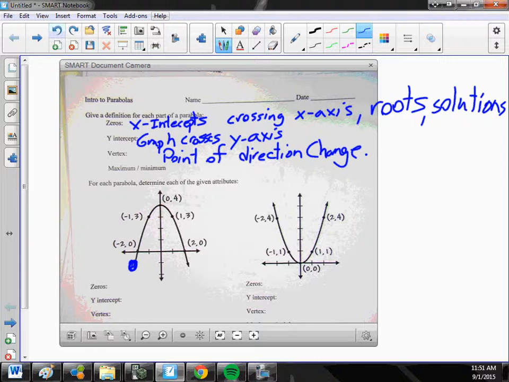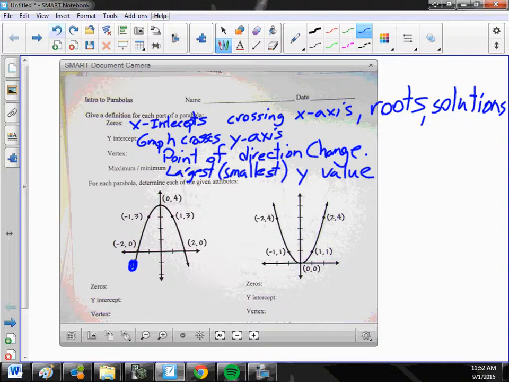Yeah, there are an infinite number of points, and the x's and the y's are different, and sometimes x could be really big and y would be really small. So when we say maximum, what are we usually referring to? The highest or the lowest, and is that an x value or a y value? A y value. So this would be largest or smallest, depending on the graph, y value. So the vertex is a point, but everything else on this paper is either just an x or just a y. Okay, so looking at that first graph,